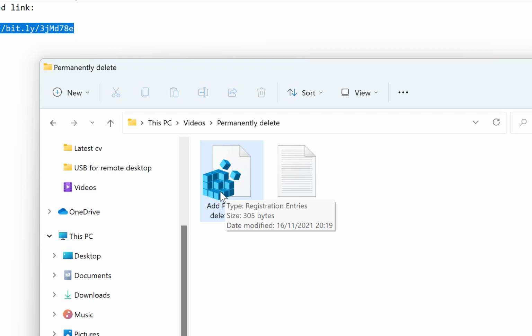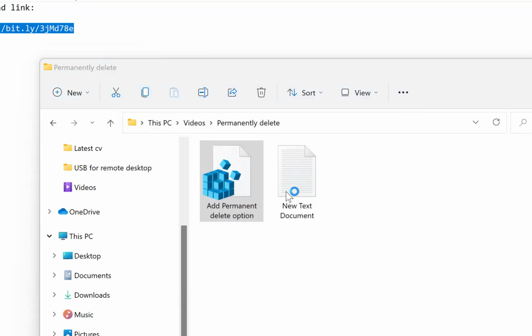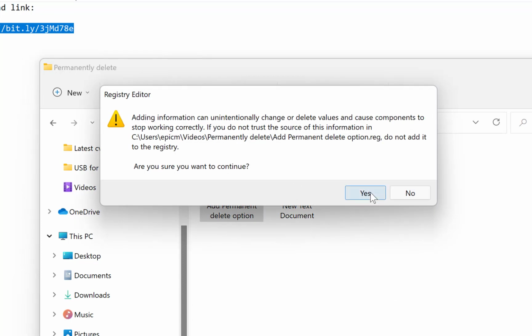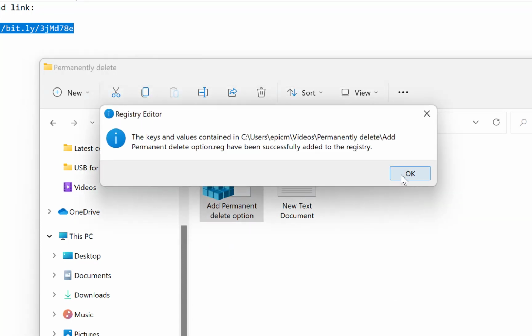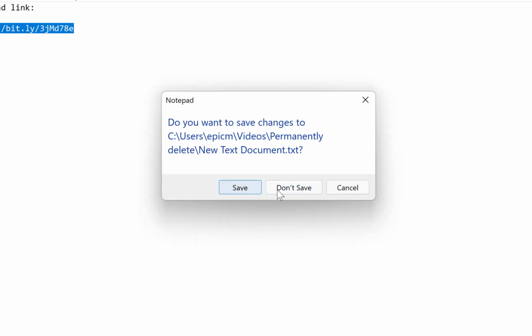So let's say we have downloaded ours from this link. We just double click and say run, and we say yes, and we just enable it to continue, and it says it has successfully been added to the registry. Ordinarily you have to go to the registry and add it manually, but with this it's a shortcut. You don't have to get to the registry, and it has already added it to your right click menu. So all you need to do now is, let's try